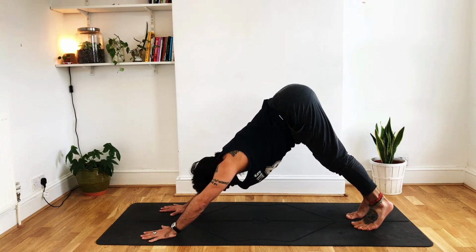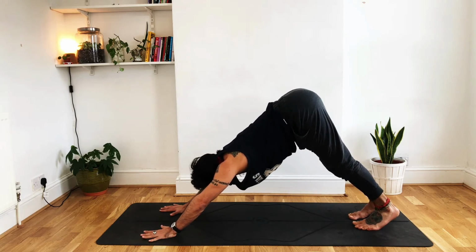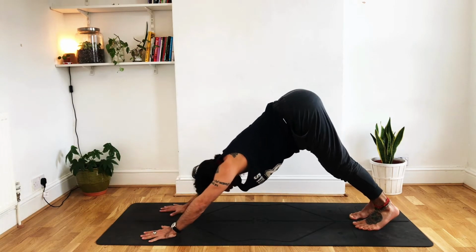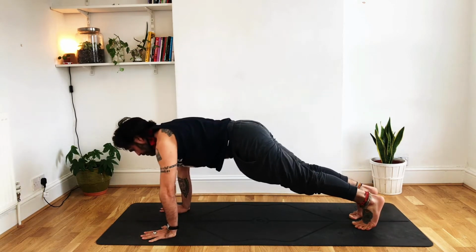So we're going to lift the tailbone, come into a V shape. Inhale and exhale into plank. I'm going to do 10 of those. Inhale, exhale. 1,